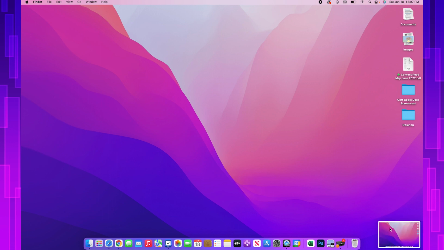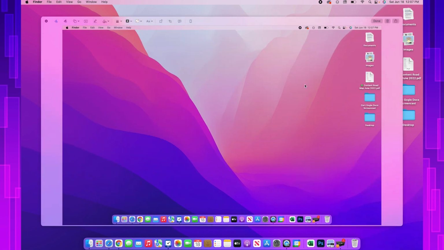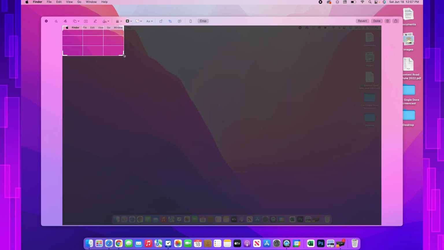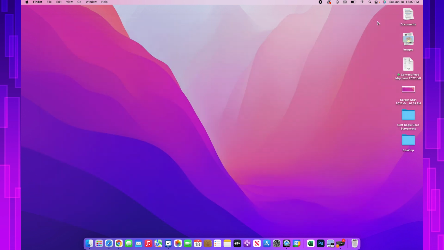Now your screenshot will appear in the bottom right corner of your screen. And by selecting it, you could expand on it. You can quickly crop the image to focus on whatever you're looking on. And when you're finished with it and you select Done, it will appear as a JPEG image in your stack